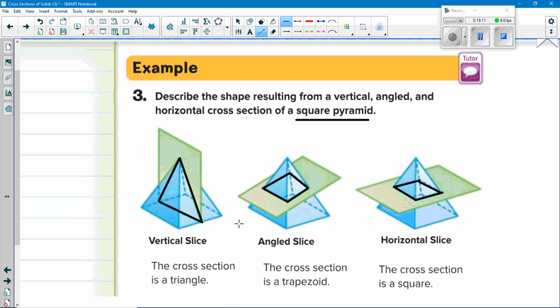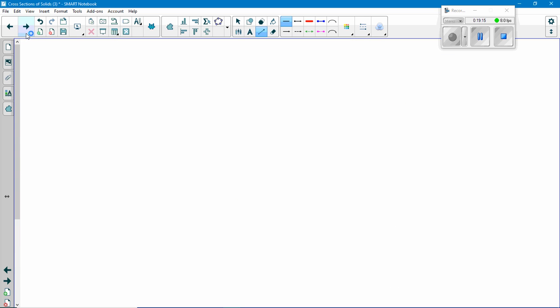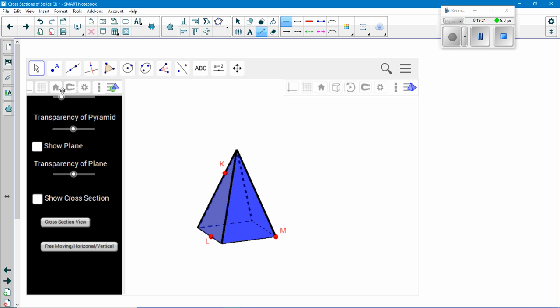Okay, I'll show you. Take a look. We'll make this make more sense. Same situation. Let me let it load. So I'm going to have a square pyramid. See the square pyramid? Now, I want you to see this plane, this first plane, it's going to slice it at an angle. I'm going to start with the angle. If I click show the plane,